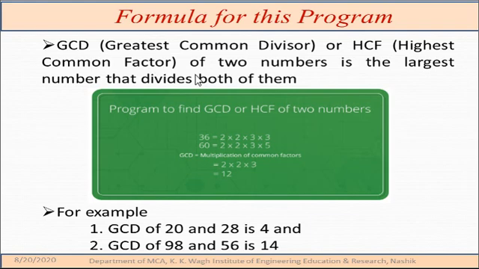The GCD of two numbers is the largest number that divides both of them. For that, we have to find the factors of the two numbers. For example, if we take the numbers 36 and 60, then find the factors. For finding the factors, we start from 2, then 3, then 4, 5, likewise. Once you find the factors, then you have to identify the common factors among the two numbers.